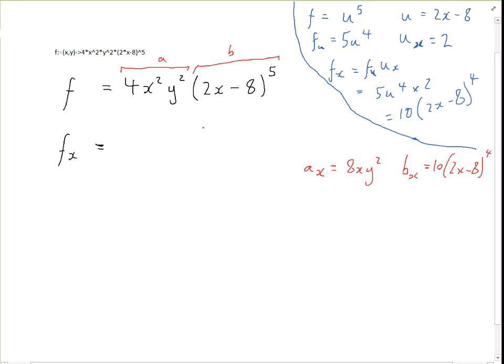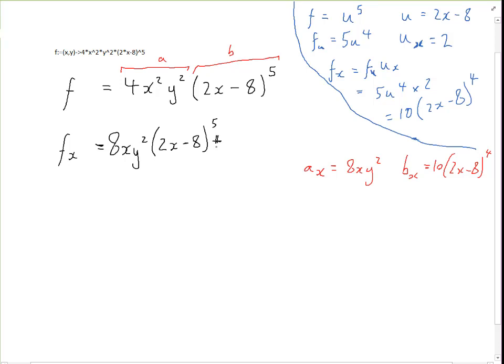So now we can piece together the final answer for the derivative with respect to x, which is, remember the good old product rule, it means this differentiated, so it's a_x multiplied by this kept as it is. So it's 8x y squared, that's differentiated, times b left alone, (2x minus 8) to the power 5,